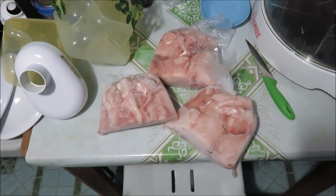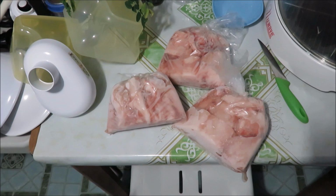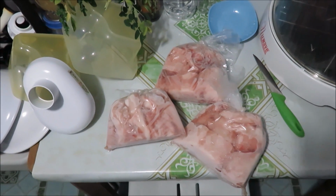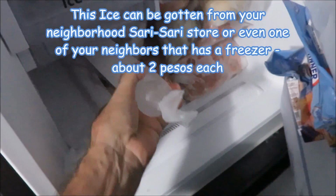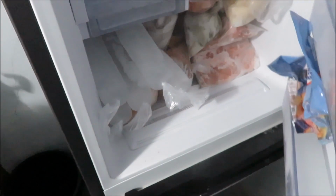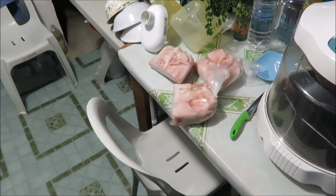And once we do it like this, we get it from the market. We keep the fish refrigerator cold the whole time. At the market, it's usually in a big styrofoam cooler full of ice, so it's really cold. We get it home, fillet it just as quickly as possible. Even the fillets we put in bowls with chunks of ice just to keep it cool. In the Philippines, when you get ice from a store, you get it in these little plastic tubes. So I'll lay one or two of these on top of the fish that I'm filleting, and keep the fish cool while half of it is sitting there while the other half is getting filleted. So anyway, just wanted to show you how we